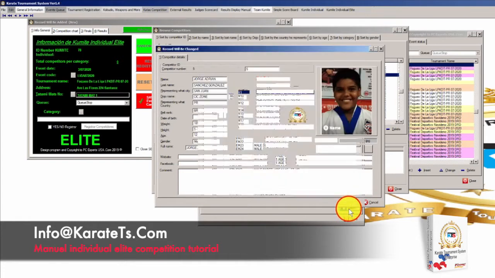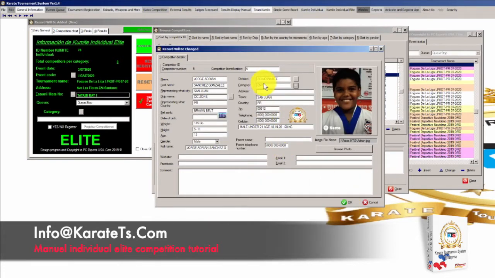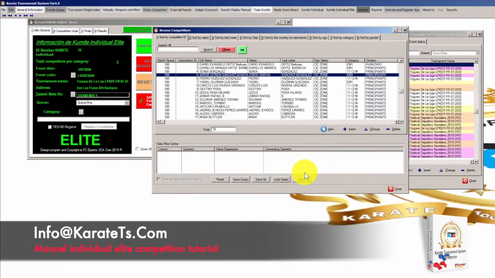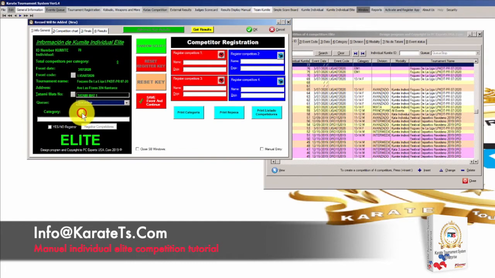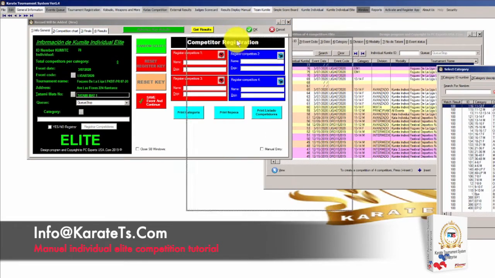So when I pick him, it's just going to show me here his new weight, his new category, and down here I can see the definition of that category. I just want to show this little detail here. I don't want to go through all this. If you want to go through this, look for the video that shows you how to create a competitor. So I click OK just to make sure that you know why I picked what I'm going to pick right now. So I close this window, and when I go here to category,